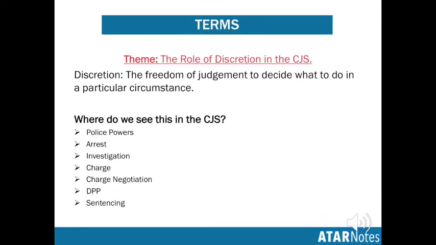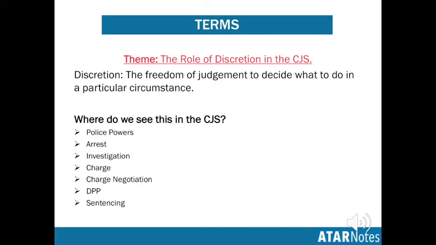To start off with, let's talk about the theme of the role of discretion in the criminal justice system. If you're not sure what discretion is, this is the time to know. I know that this was my half-yearly question in 2015 about the role of discretion, particularly in relation to sentencing and punishment. This absolutely left us shook. You can imagine at half-yearlies for our cohort, we were just making our way through crime still. I know some schools have only done human rights by this point and so on. So we were really quite lost in the moment, didn't recognise that a question could entirely come from a theme and challenge. So it was pretty brutal.